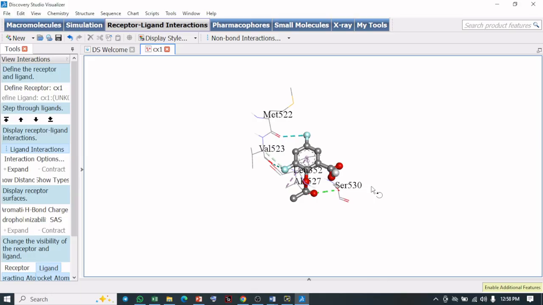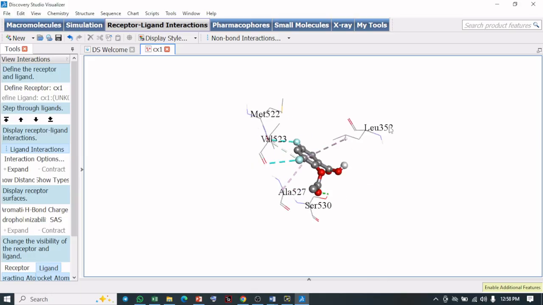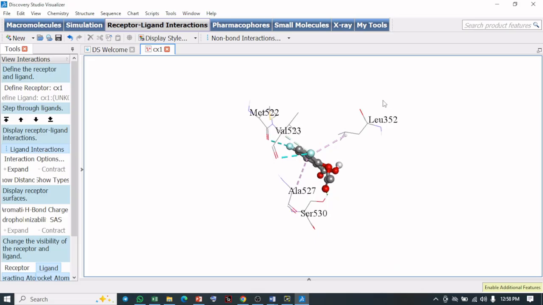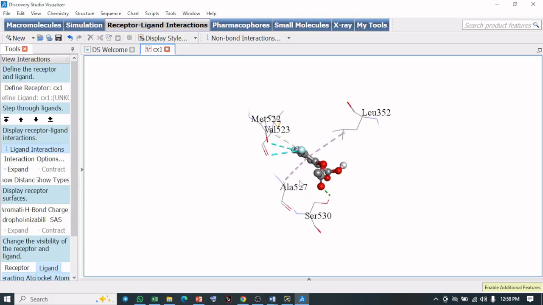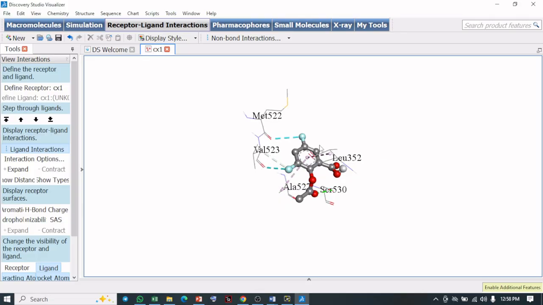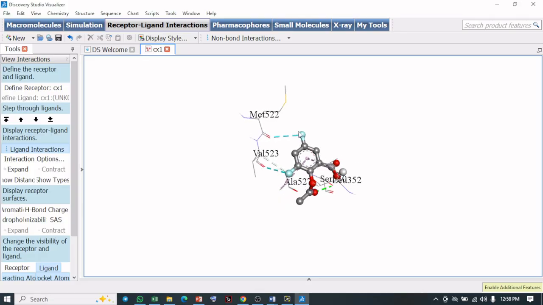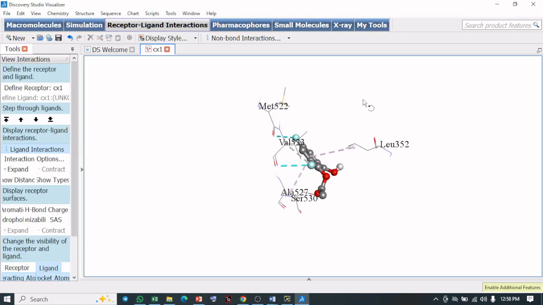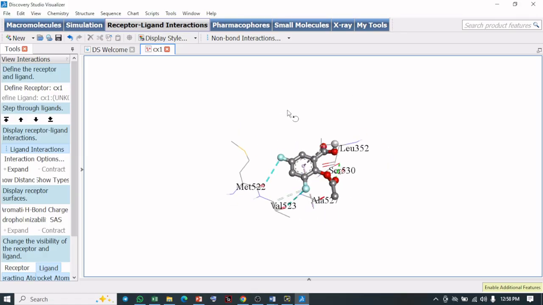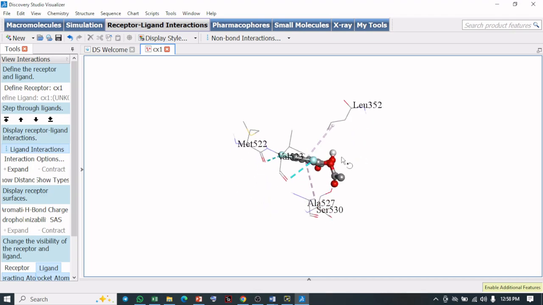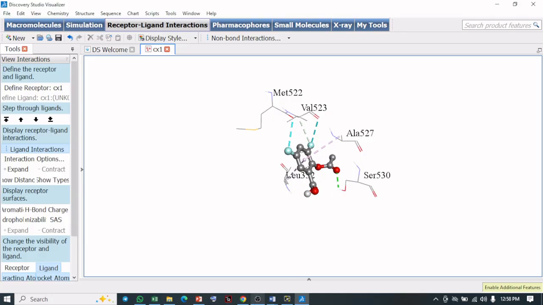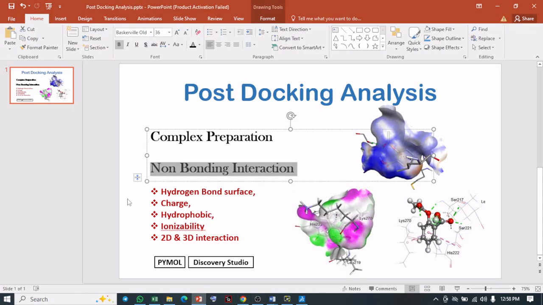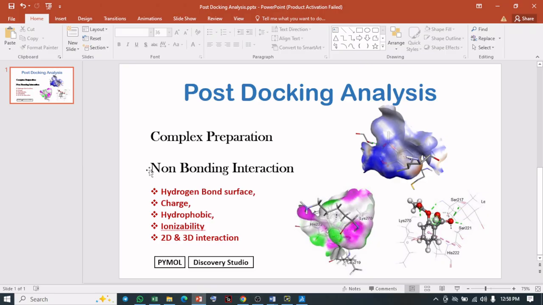You can see that the benzene ring creates a non-bond interaction with leucine 352 and also with alanine 527, and the fluorine atom here creates a non-bonding interaction with the methionine and here with the valine. So in our schedule, non-bonding interaction